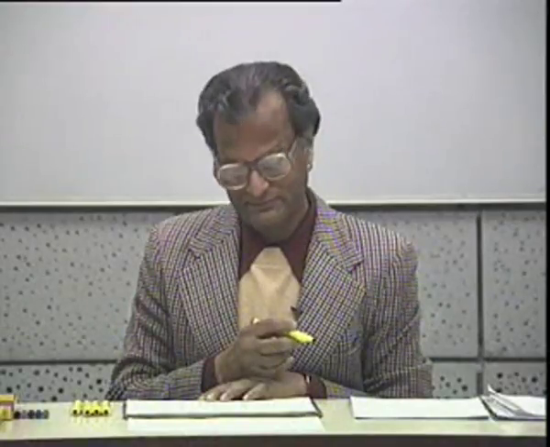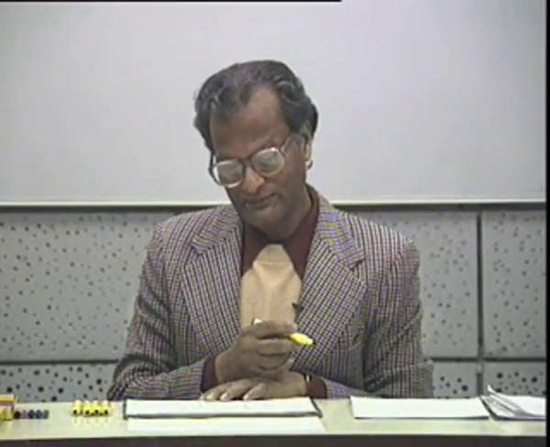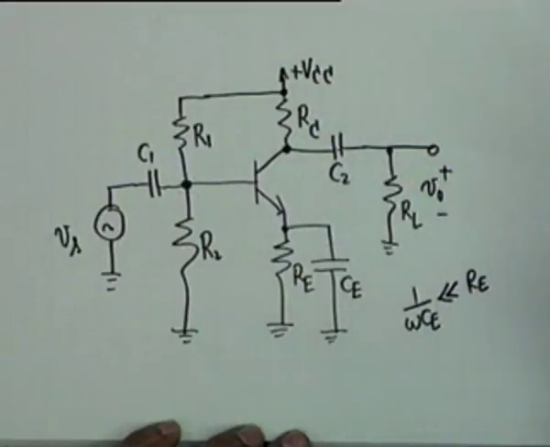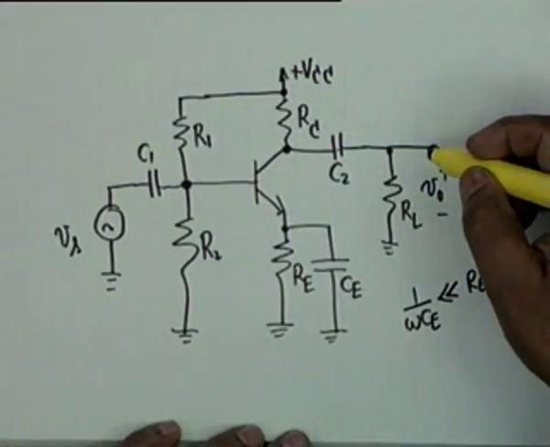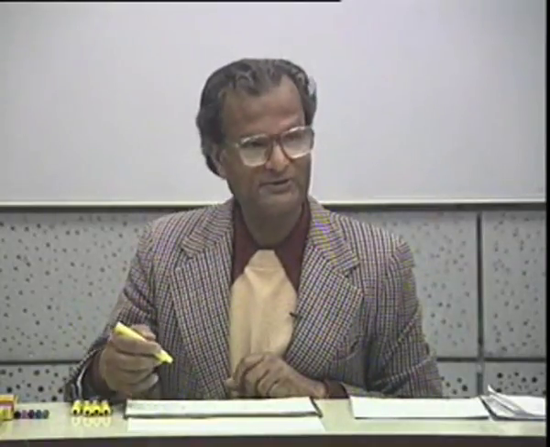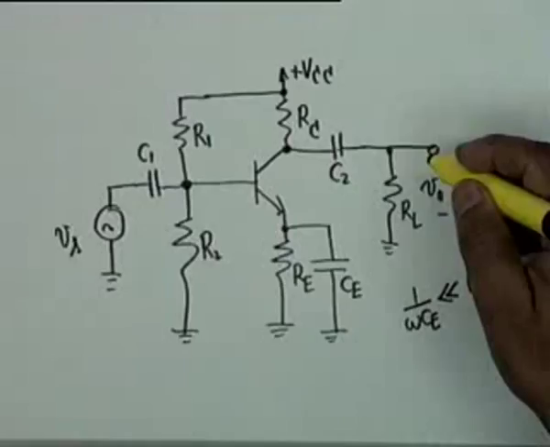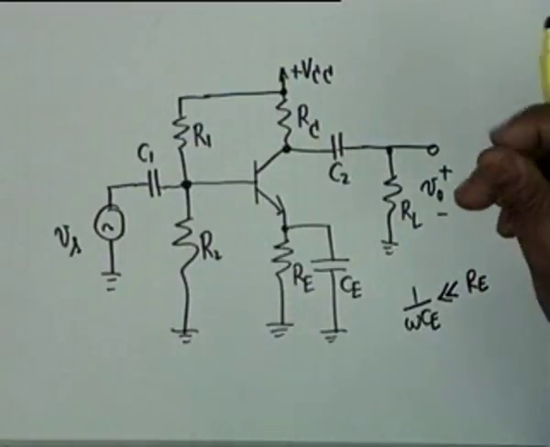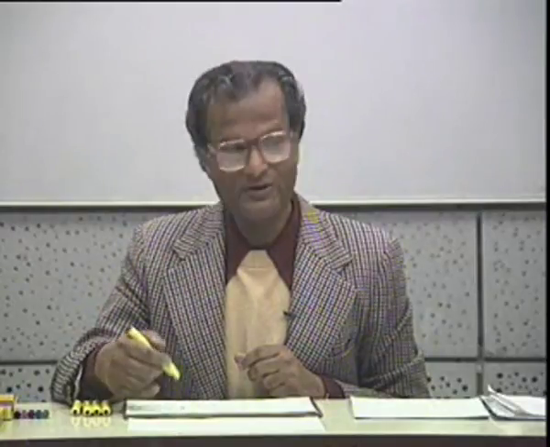What is the use of RL in this? We can directly take the output from the terminal. Then DC as well as AC will come. No. If we connect a capacitor and we don't connect RL, and we take this directly, RL is not a matter of choice, it's fixed. For example, in an audio amplifier, RL is the loudspeaker. You have to pass the AC through the loudspeaker in order to reproduce the sound. It's not your choice. It could be that the output is open circuit, that is the load is infinite. For example, if I apply this to an oscilloscope, the effective input impedance is infinity, and therefore it could be open circuit. RL is not your choice.